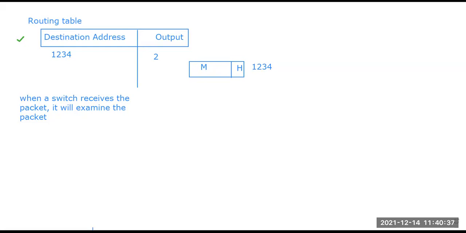Now the next term that we have already seen in the previous classes, when talking about the previous switching technique, that is circuit switching, right? There we discussed the topic of efficiency. Here also the term efficiency is involved in the case of the packet switching technique. So what efficiencies can we find in the packet switching technique?